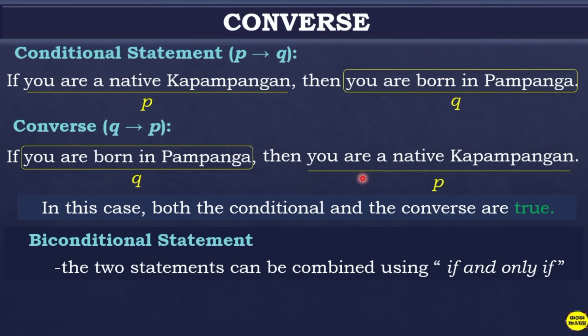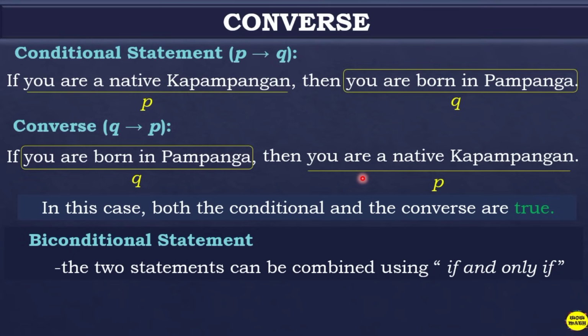So, nagkakaroon lang po tayo ng biconditional statement kapag meron kang conditional statement at converse. It's converse na parehong true. Again, magkakaroon lang po tayo ng biconditional statement kapag ang conditional statement mo at yung converse niya, again ha, converse, hindi po inverse, hindi po contrapositive, converse. And its converse are